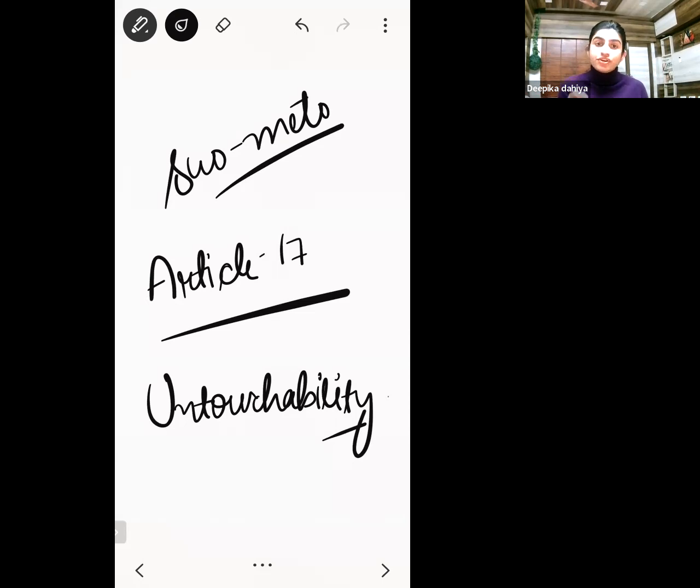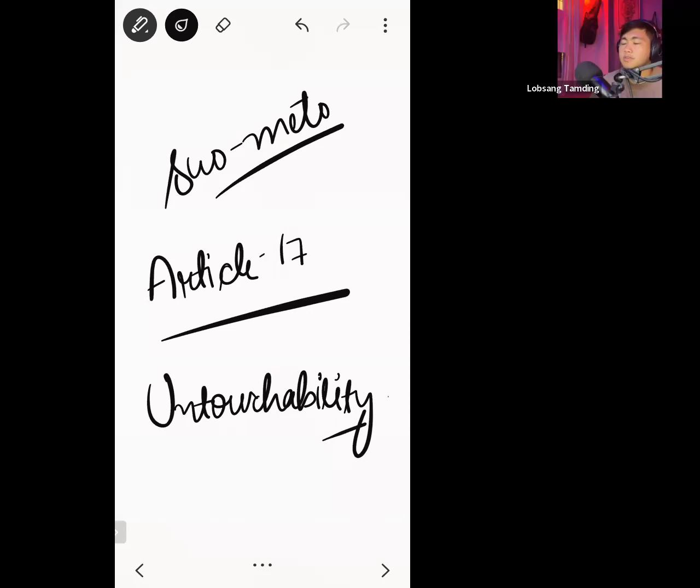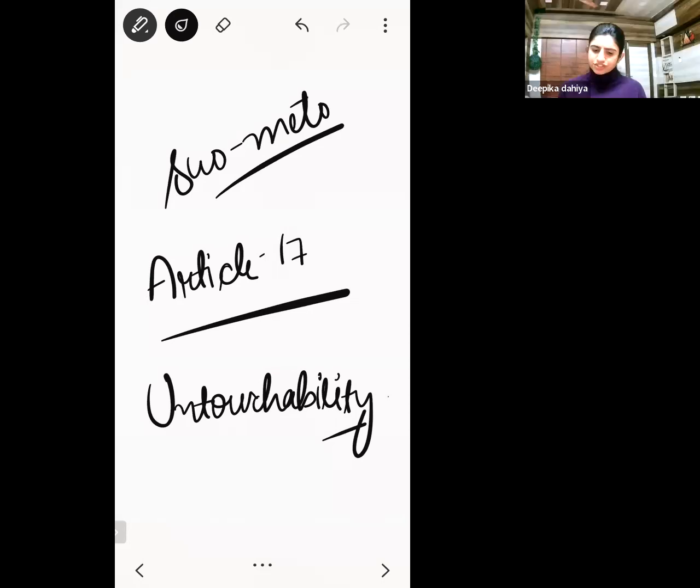There are reasonable restrictions to your freedom of speech and expression. Article 19 gives you the freedom to express and to speak what you want to speak, but there are reasonable restrictions. For example, you can express what you want to, but your expression should not be harming the common morale of the society. It should not lead to violence. Is this clear or not? Yes, ma'am. So there are reasonable restrictions to some articles, to some fundamental rights.